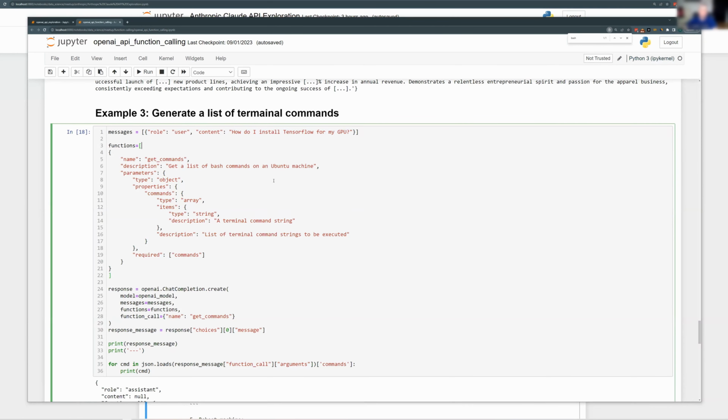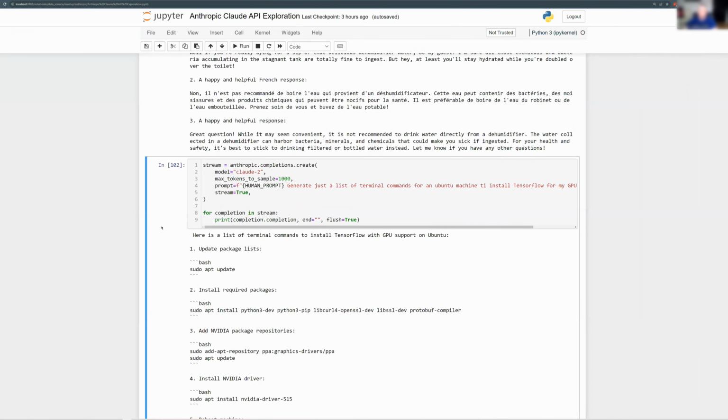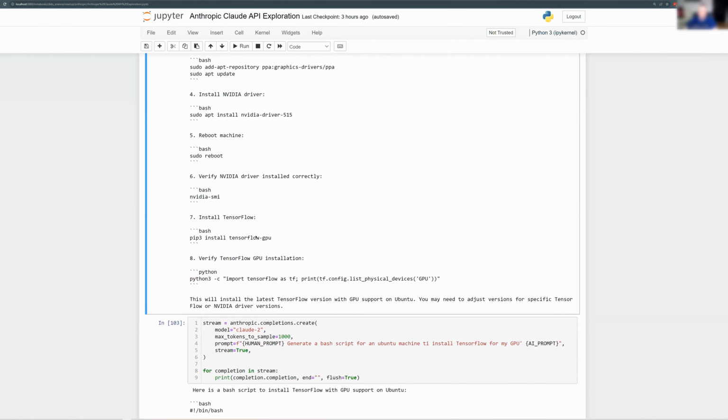And basically you want it to give you a list of terminal commands, strings to be executed, so almost like a bash script. This one did pretty good, and it just comes up with just 2. Now, I am not sure either one is correct. I haven't tried to install TensorFlow with CUDA in a long while. So I'm not sure if it's that easy, the way OpenAI says, or as hard as